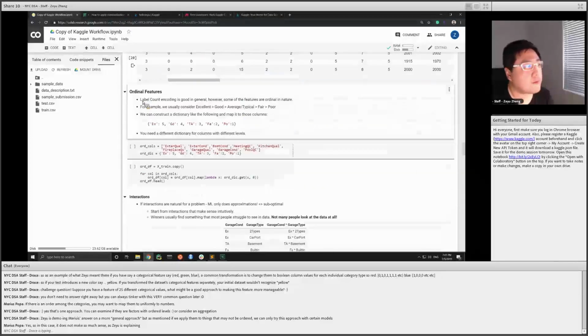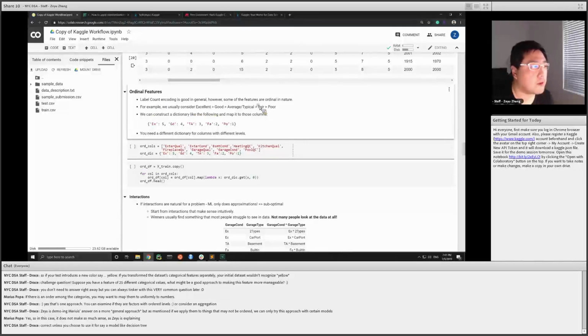All right, so we also have ordinal features. An ordinal feature means there's some natural ordering in this column. For some of the columns, we have the condition column. Usually we think about excellent as greater than good, better than average, better than fair or poor. So we can construct a dictionary like this, where you have excellent as 5, in a Python dictionary,